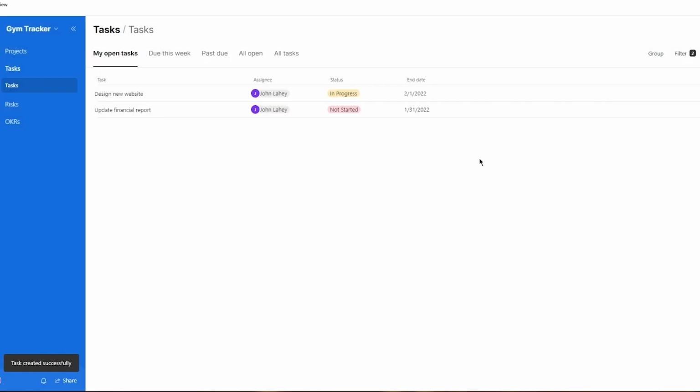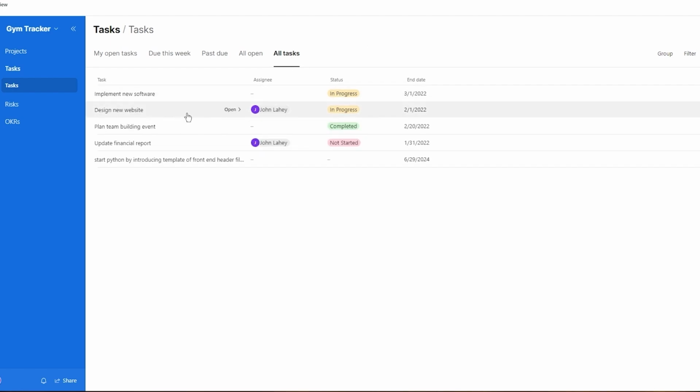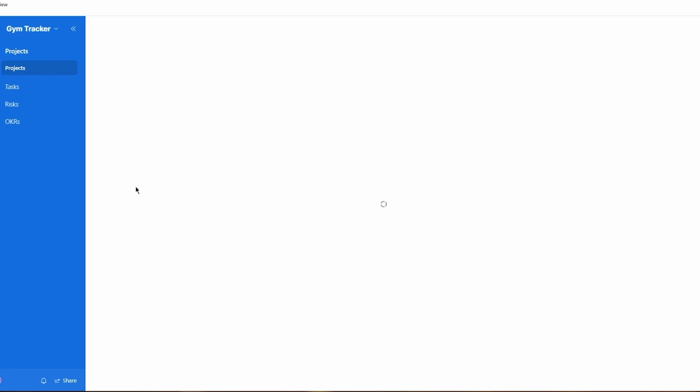And now that creates an alternation between the tasks and the projects. Okay, so I'm going to go over to all tasks, and here you can see we get design new website, implement new software, etc. So we have this one that I created, start Python by introducing template of front end header file. So obviously this task is assigned over here, but if we go over to the project section, we